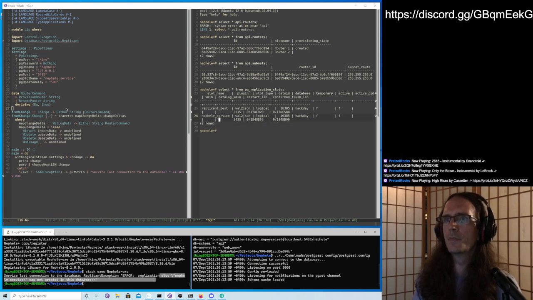Yeah, there's the NetFail service. I think it's slash PG or application slot with the slot name.